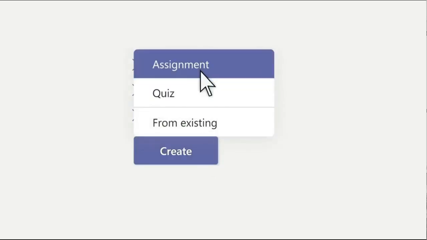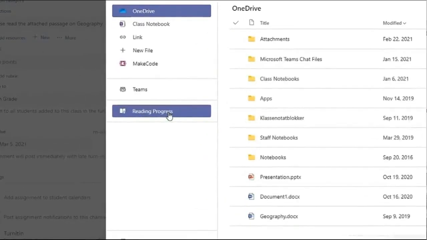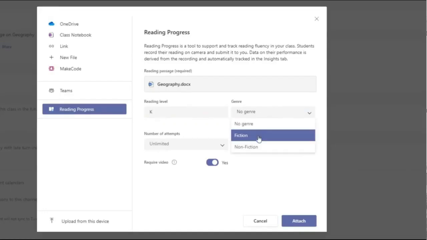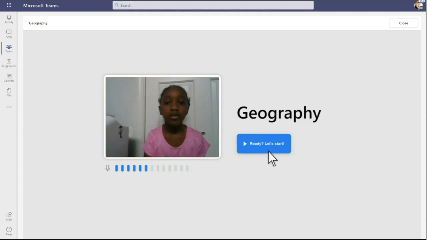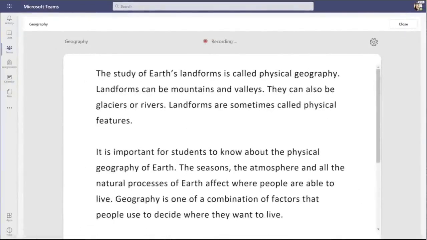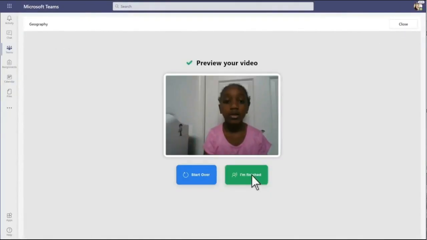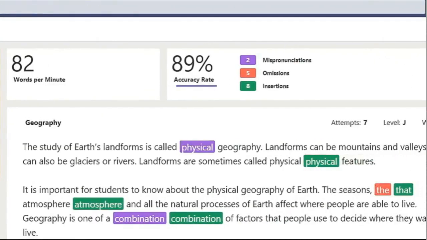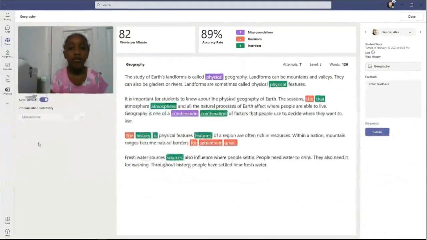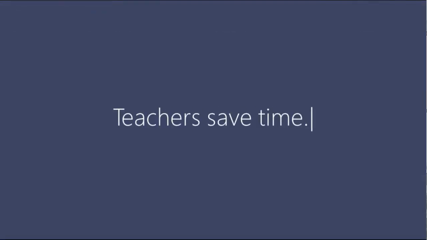When I came across Reading Progress, I was able to say, hey, I've assigned a passage to each and every one of you guys at your reading level. I want you to record you reading this passage. I was surprised that when the whole class came back, literally within 10 minutes, everyone was already done. Having that recording, I'm able to spend ample amount of time to analyze, and instead of using my instructional time, it allows me to use my planning time to figure out how do I intentionally approach every student.